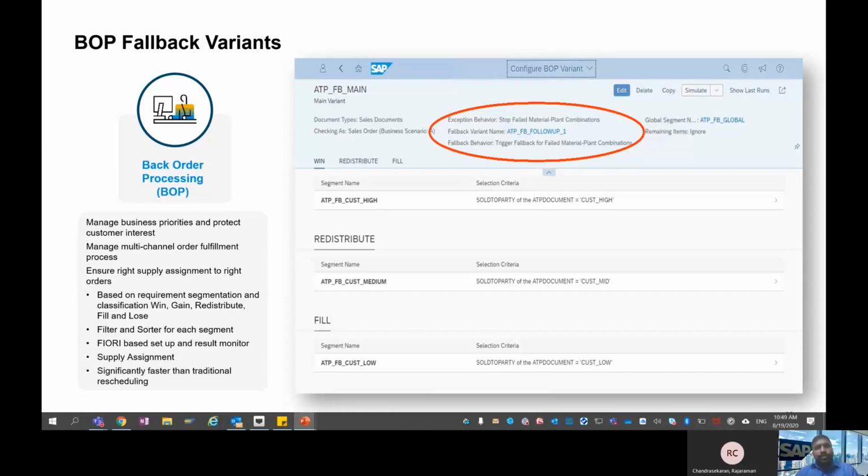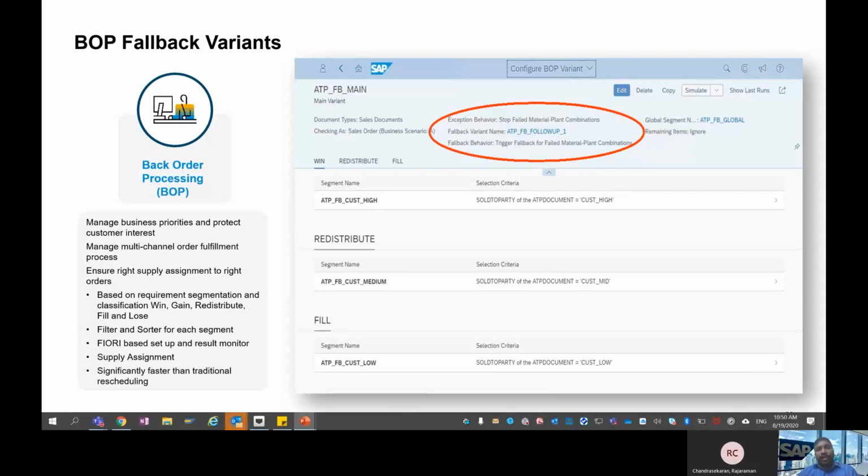The app also ensures the supply assignment to the right orders. This is attained based on requirement segmentation and classification, like win, gain, redistribute, fill, and lose strategies. This app also has filter and sort functionality for each segment.